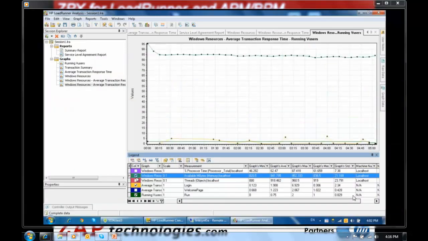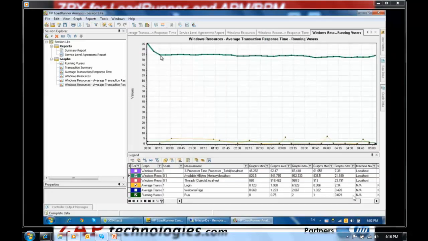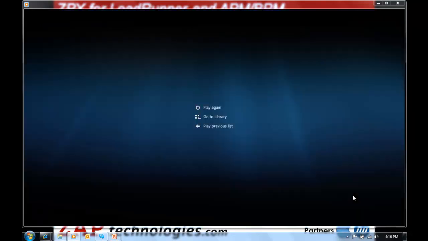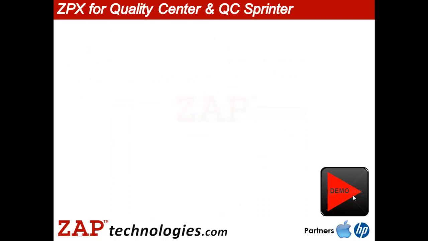So using the ZAP-FIX for LoadRunner allows us true end user performance testing, where we can use real devices or we can use emulators, depending on our performance goal. And another very important aspect of the testing process, I want to talk about how ZAP-FIX extends manual testers with